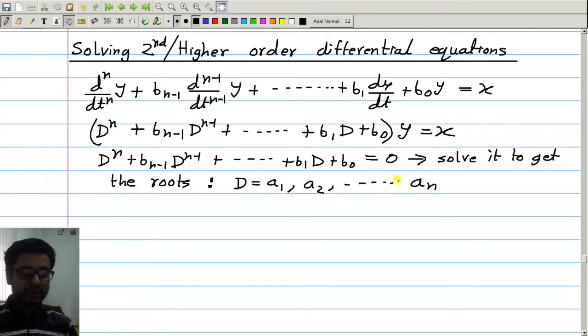Some of them can be repetitive, maybe a1 and a2 are equal. Then you can write